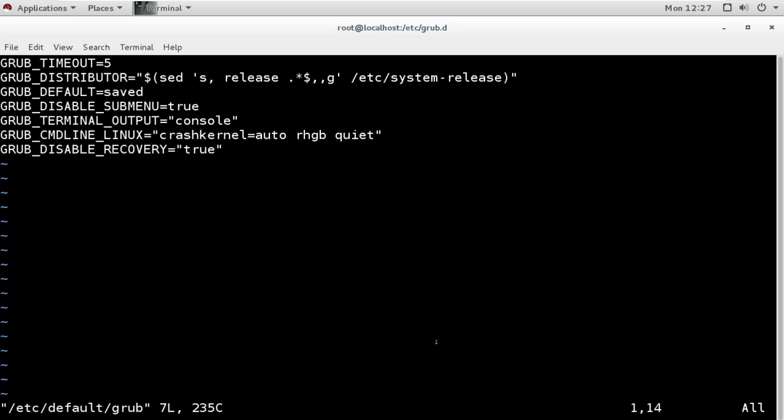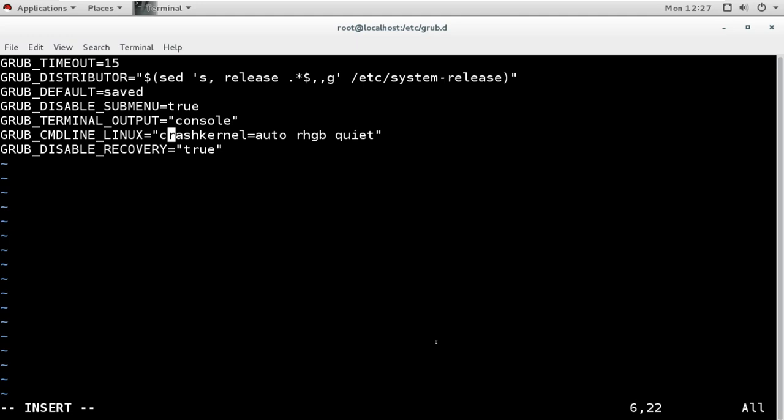I want to change it to 15. Then you have the option to see the distributor. You can change default saved. You want to disable the submenu, it is already disabled. You can enable terminal output on console.